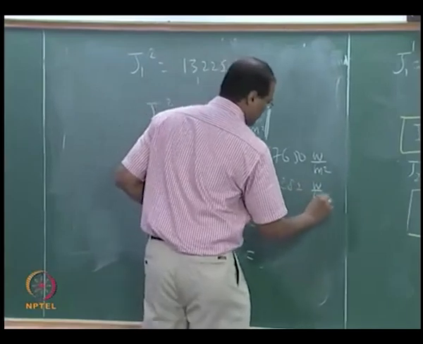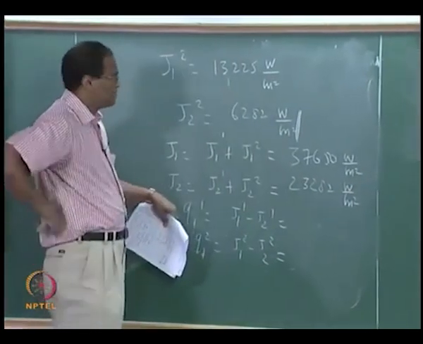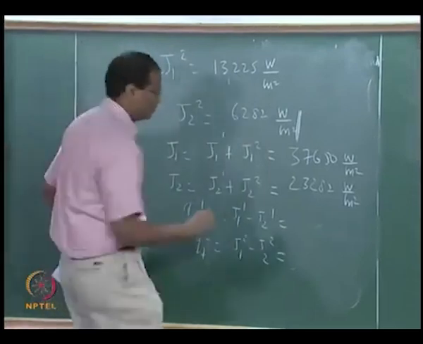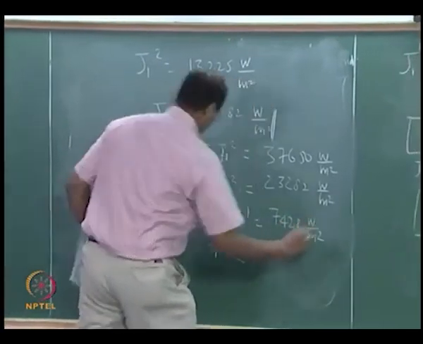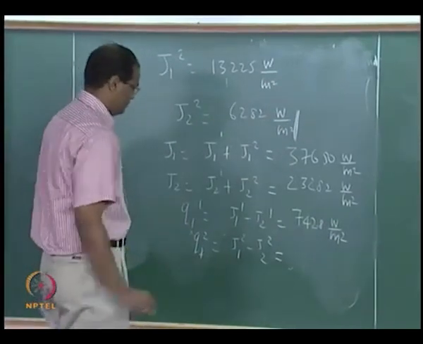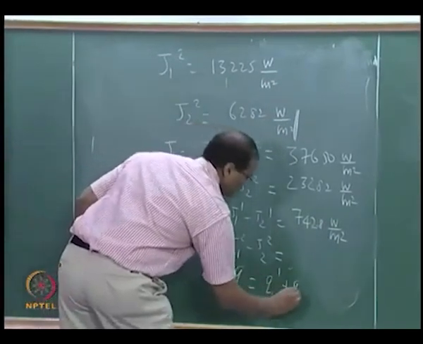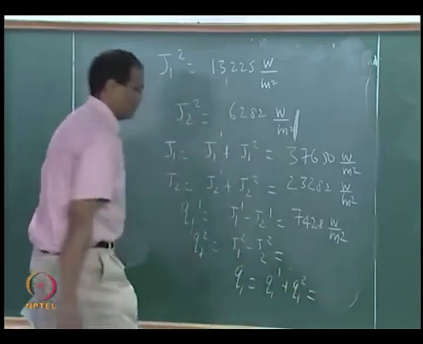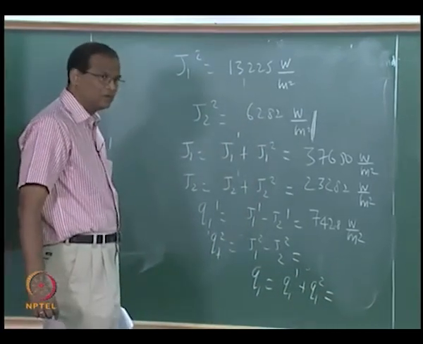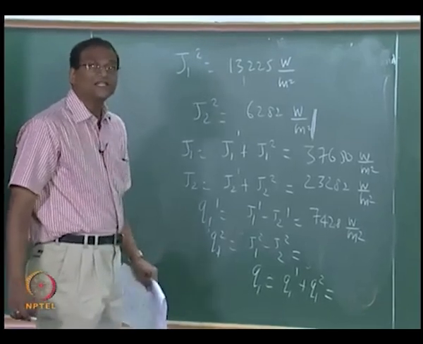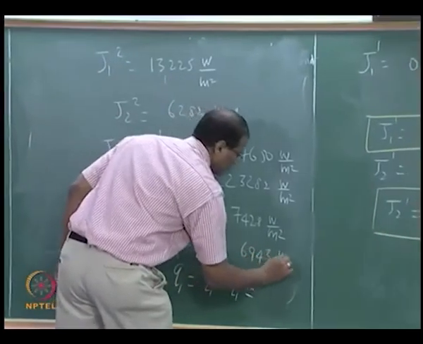Yeah, Q1 7428. Q2, Q12, 694. So the sum is